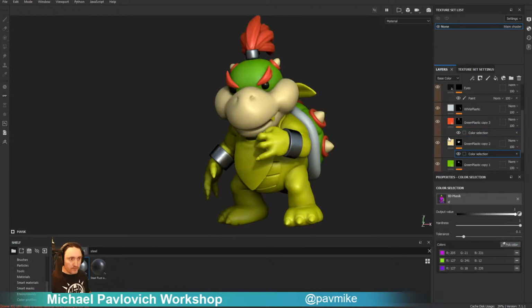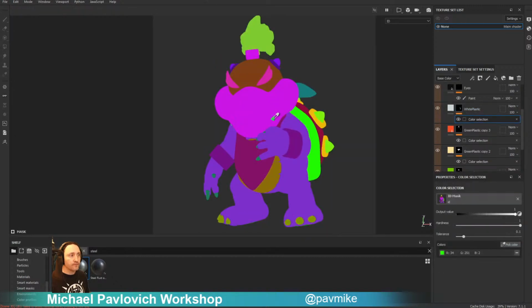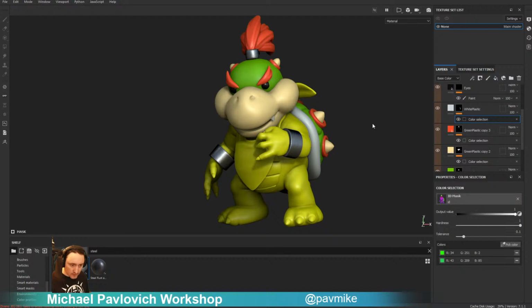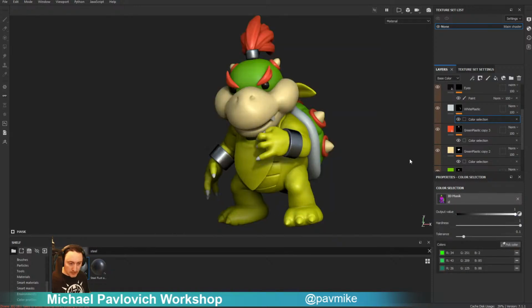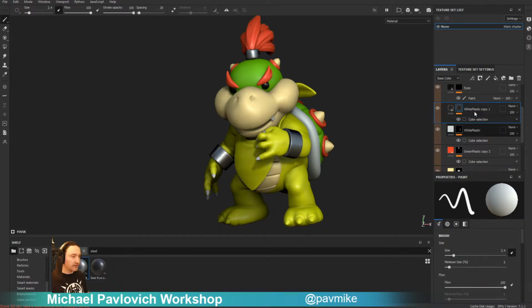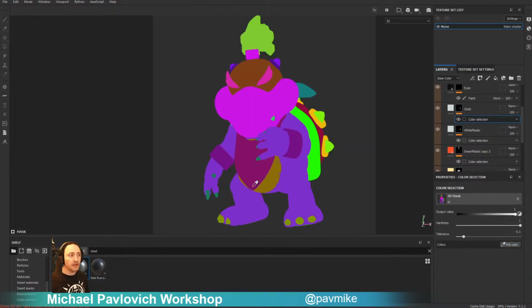Oh, teeth. Teeth is white. Here, and then claws are white. Belly is face. And finally, something I probably should have polypainted in ZBrush is this thing here, but that'll be fine. So we're going to take this white plastic, duplicate it off. Since this is cloth, we're going to kill these color selectors, and we're going to pick this,